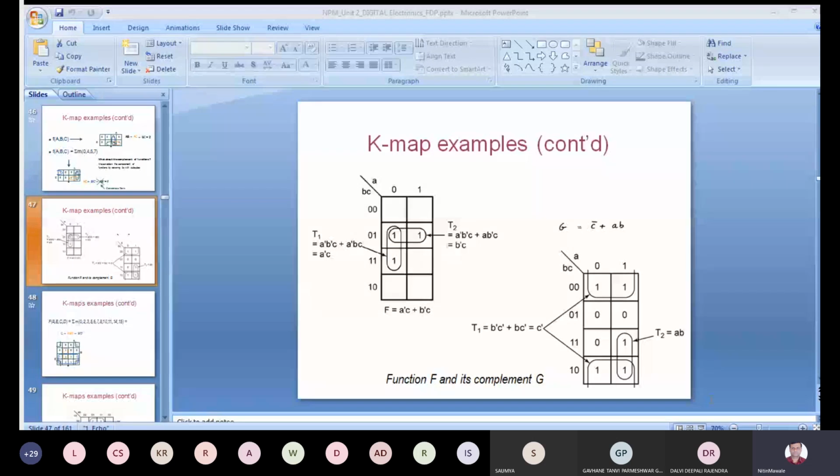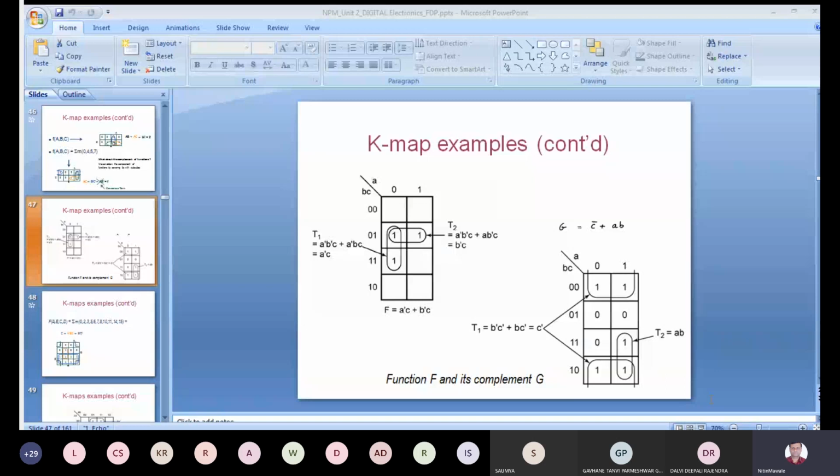Students, again, this is not a question from any standard book or reference book. You can form your own questions for solving the table. I have also given this problem as a dummy problem to you. So you can again form such types of problems. Don't say that I am not having this book or that book.